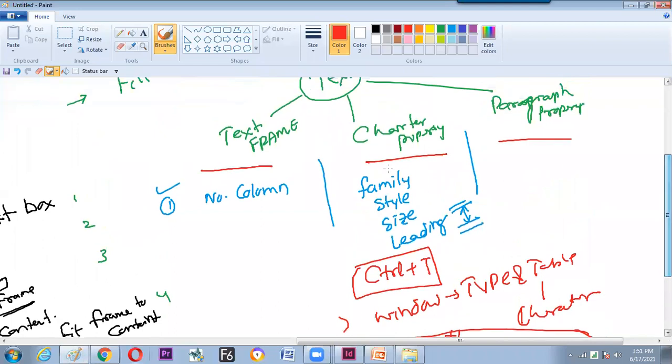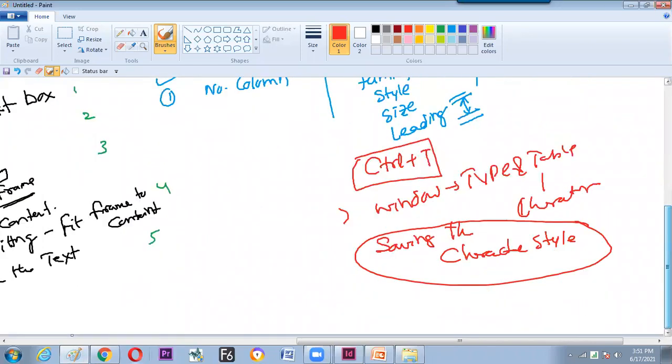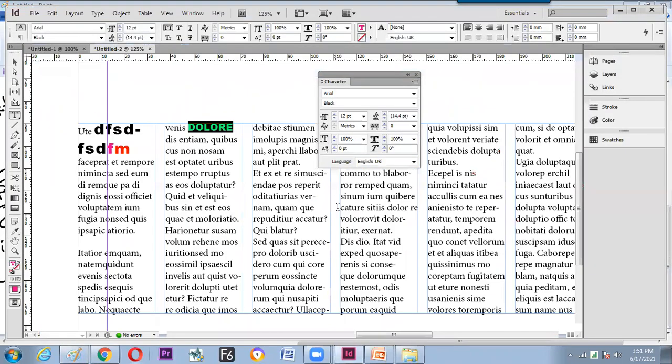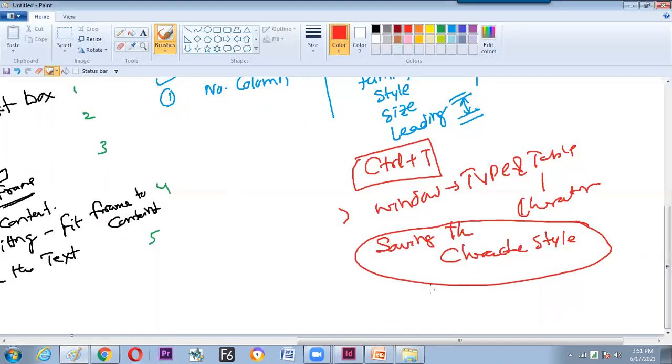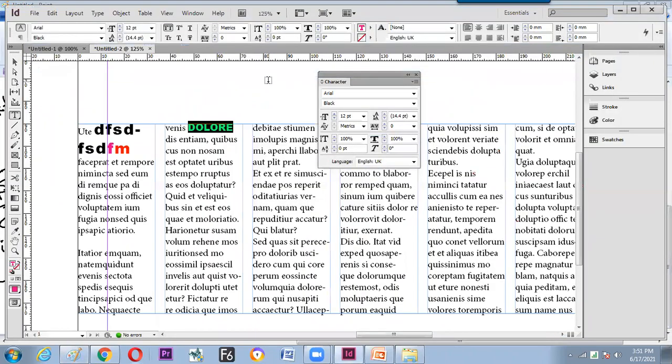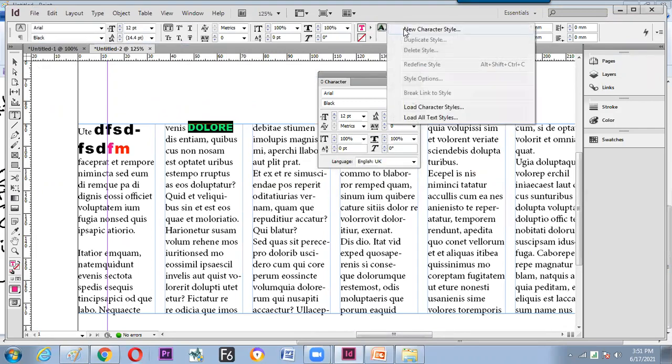Till now, what have we learned? How to change the property, and before that, how to type the text. It can be done in two different places. First method: in the option bar itself, we'll find an option, character style. Click here, go for new character style.